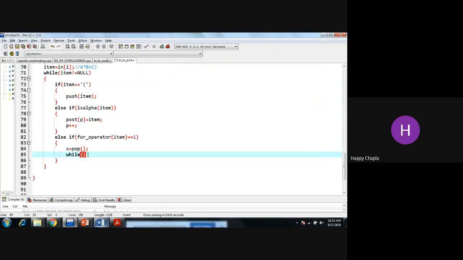Till your stack is not empty or you cannot check every element's value, we need to perform this same operation. Okay.